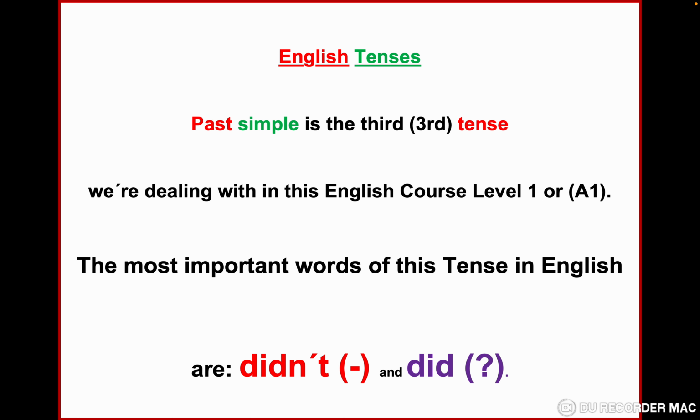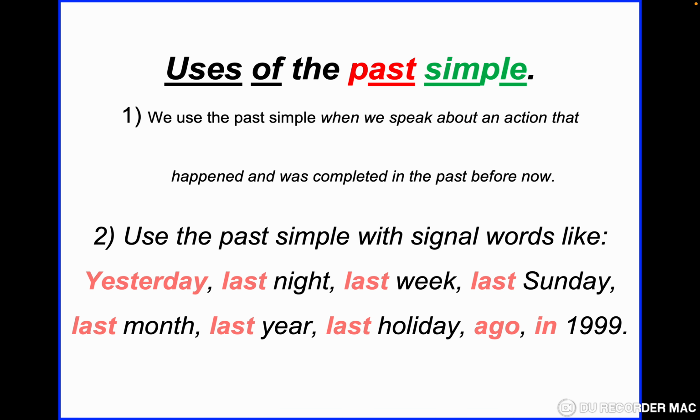English tenses. Past simple is the third tense we're dealing with in this English course level 1. The most important words of this tense in English are didn't in the negative and did in the question. Uses of the past simple. We use the past simple when we speak about an action that happened and was completed in the past before